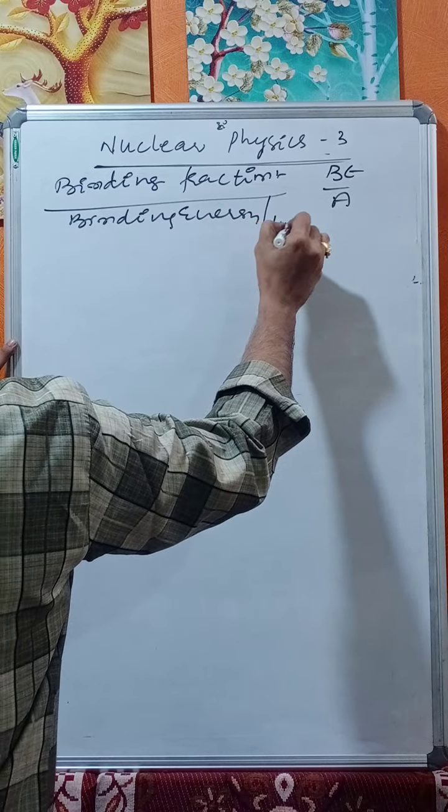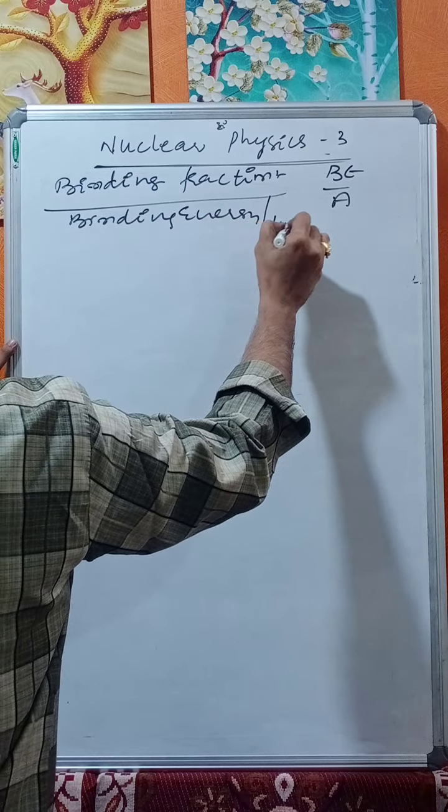Therefore, if you plot this very important graph of binding energy per nucleon, or binding fraction, against mass number A, with binding energy per nucleon in million electron volts on the other axis, we get a plot something like this. Here this is helium, this is lithium, carbon, nitrogen, oxygen, fluorine, and we can also get neon here.